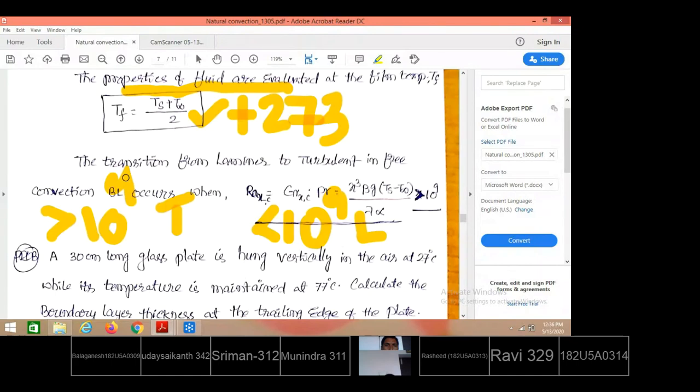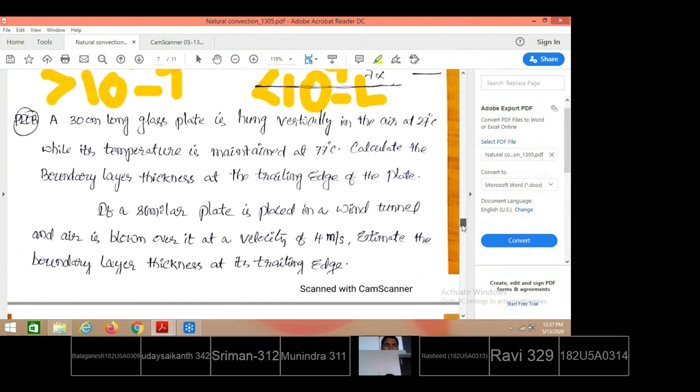Whereas for natural convection, at any particular height, after estimating the Rayleigh number, which is nothing but the product of the Grashof number and the Prandtl number, if that value is less than 10 to the power 9, it is laminar flow. If it is greater than 10 to the power 9, turbulent flow has taken place over the plate. So if greater than 10 to the power 9, we have entered into turbulent flow along the vertical plate; less than 10 to the power 9, laminar flow. Knowing this, we are trying to work out the problems.